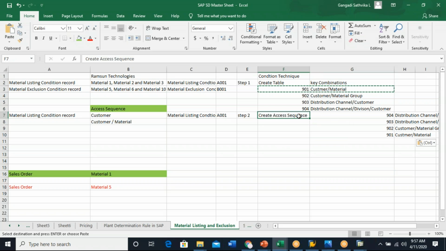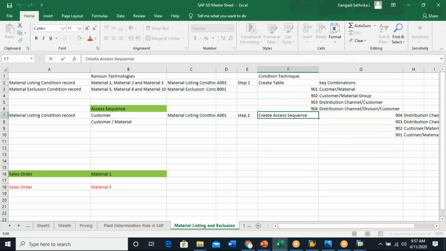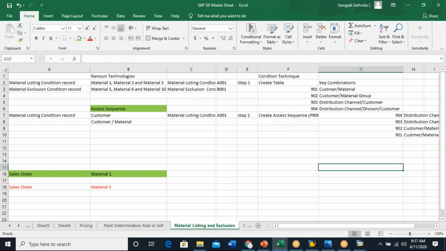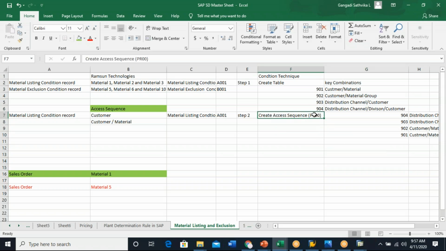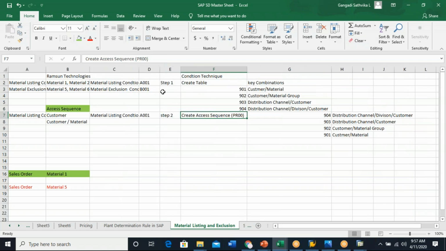So what is my access sequence? Let us say my access sequence is also PR00. I'm explaining the pricing perspective, okay? So my access sequence is PR00 and I placed all the, means hide something, it's missing. Okay, so I place